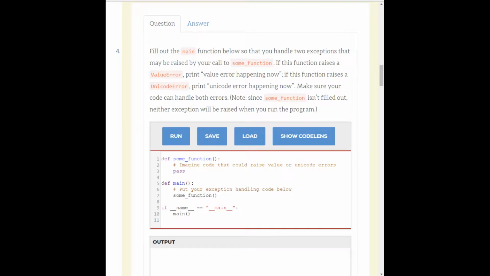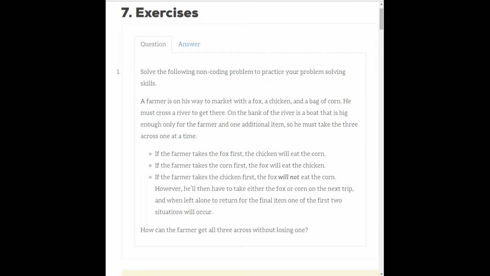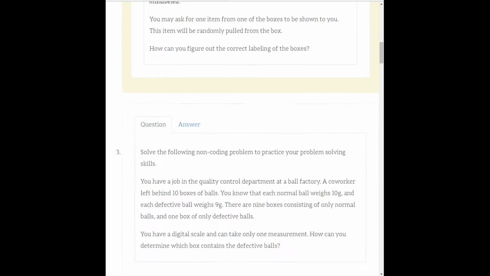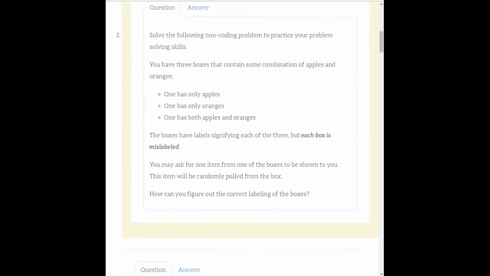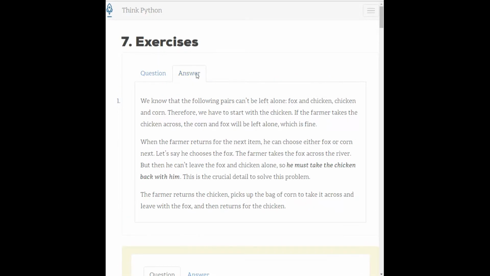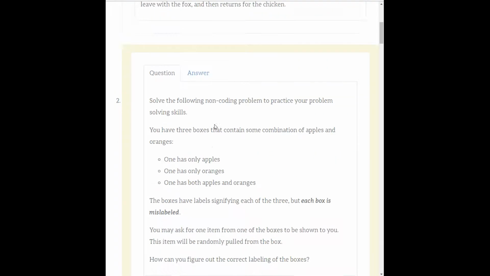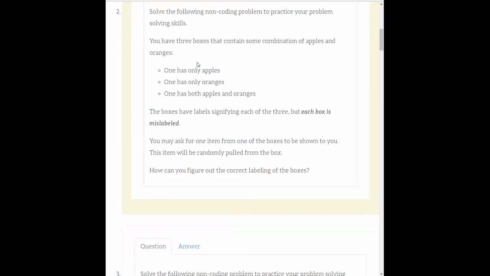Alright, folks, these are the exercises for Chapter 7 of the book. So these first three up here are just kind of age-old logic puzzles. If you haven't worked through these yet, take a look at them, try to come up with an answer. The answers that they have here on the answer page this time are actually very well written and explain the